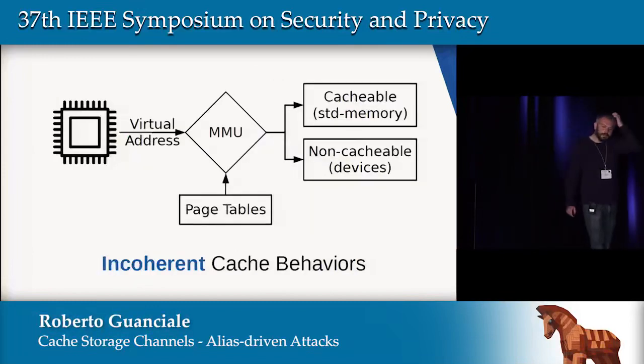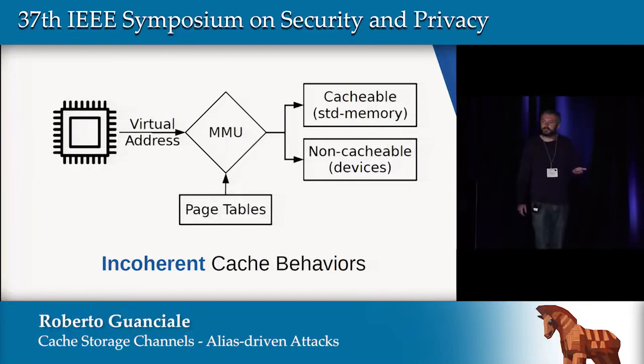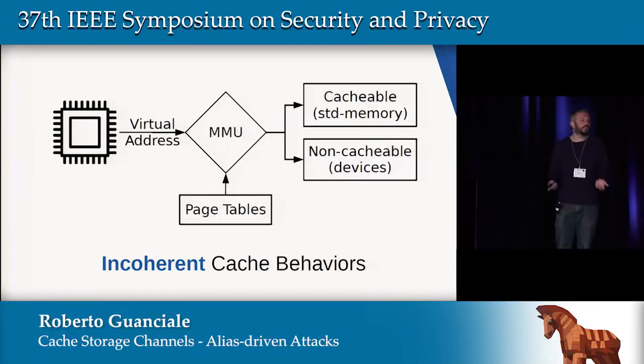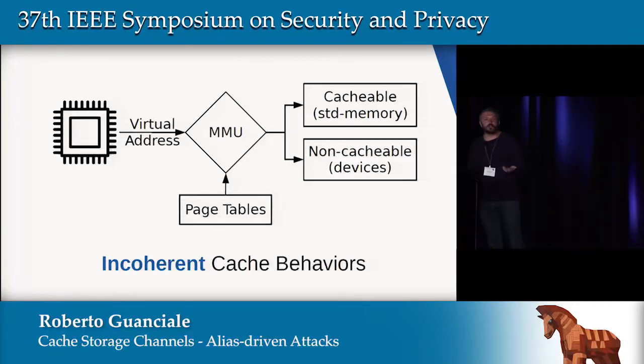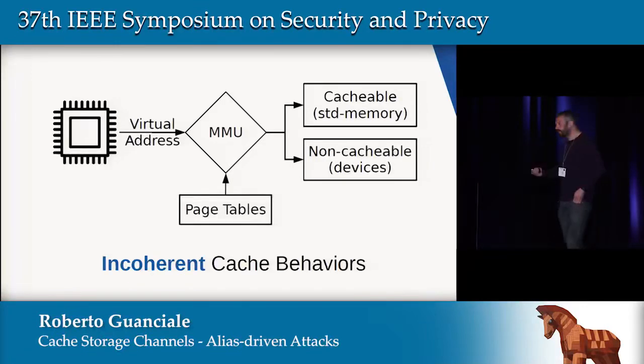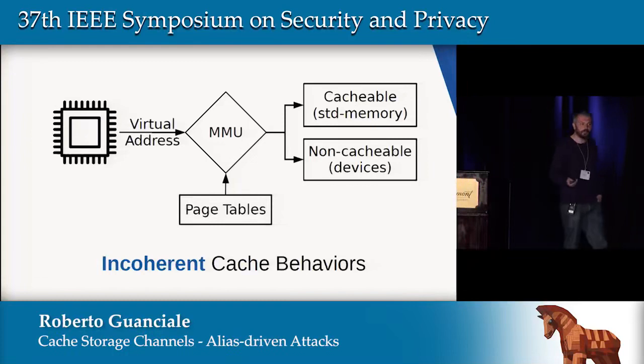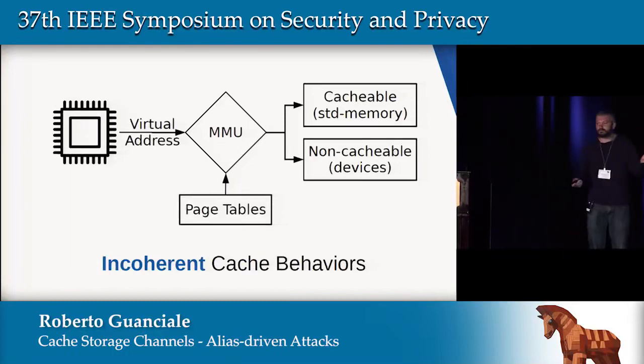Our attacks are mainly built over incoherent cache behavior. A little bit of background here. We use cache to speed up memory access. But sometimes some of these memory accesses should not be cached. A trivial example is when an operating system is trying to access a memory-mapped I/O register of a device. This memory write clearly should not be cached. Today, we configure the cacheability of memory using page tables and by configuring the memory management unit. For each region of virtual memory, we can say whether the region is cacheable or not.